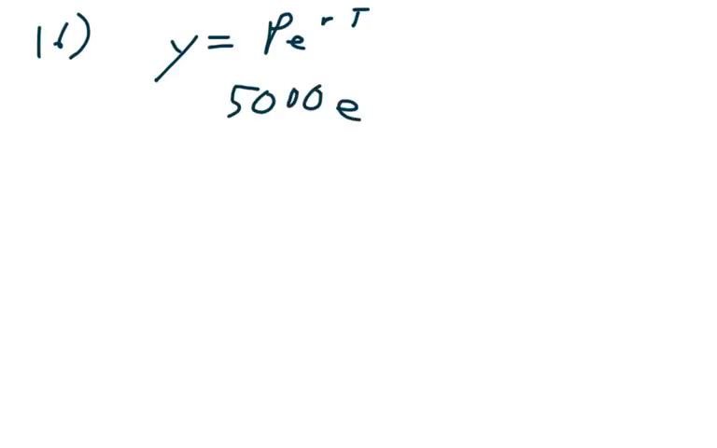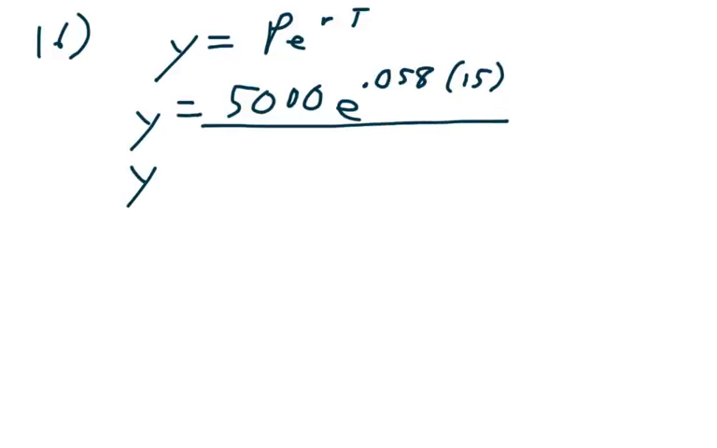In problem number 16, we're compounding continuously, and when I compound continuously, that's the Pert equation. So I start out with 5,000 e. The rate is 5.8%, so I change that to be 0.058. Remember, move the decimal place over 2 spots. And t is 15 years. So, once again, we can just plug this into our calculator, and we get y equals